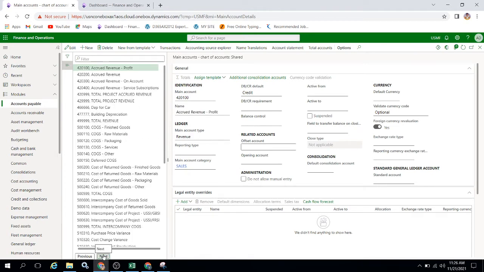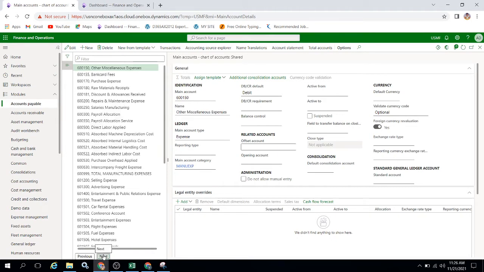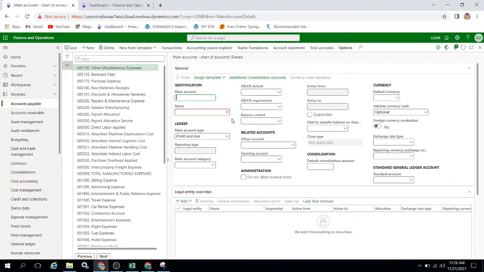For expenses, what account series do they use? 6 series, so I'll take 6 series, 6 digits. I'm taking this as trans charges, and it is a profit and loss account.